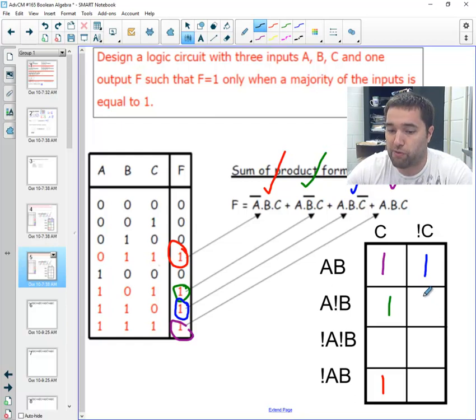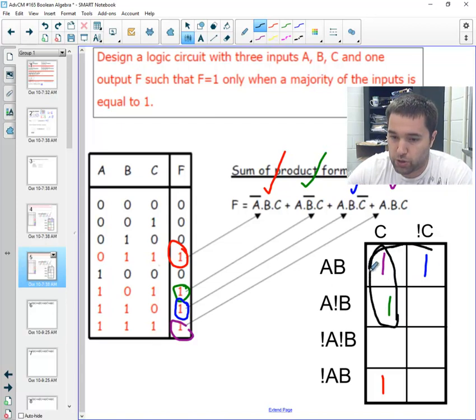Can we draw a group of 4? No, we can't, because there's a 0 right here. Can we draw a group of 2? Yes. We can draw 1 group. We can draw 2 group. We can draw 3 group with a